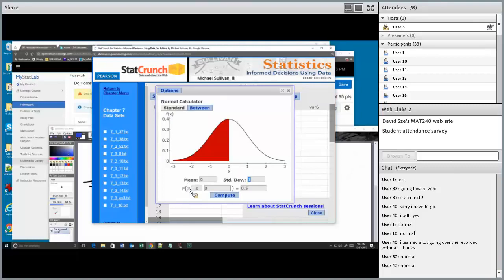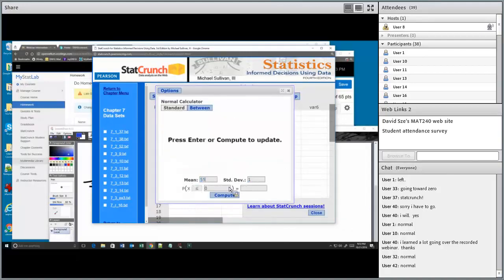Now, don't be confused with this x or z. They're just using a notation x. The reason they don't use z here is because I can change these values. I can change the mean, but now it's not a standard normal distribution anymore. It's some other normal distribution. So they don't want to go through the hassle of changing the z to an x or some other letter to represent that distribution. So they just call it x. But we know that when you have a 0 and 1, it's a z distribution.